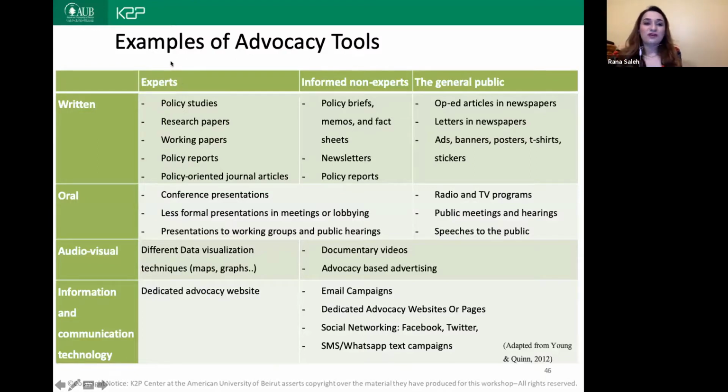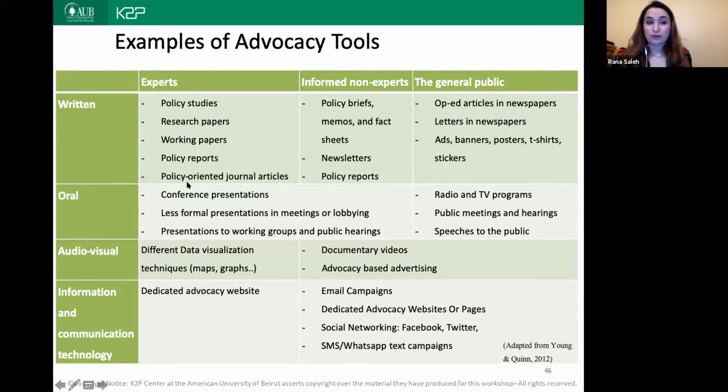So now that you have identified the tactics, you need to know the tools, right? So if I'm aiming for a media advocacy tactic, then what are my tools? There are mainly Facebook posts, probably Twitter posts. There are newspaper articles, maybe media interviews on TV or radio spots. So those are the tools that you should be using. Those are some examples also of tools that you can check